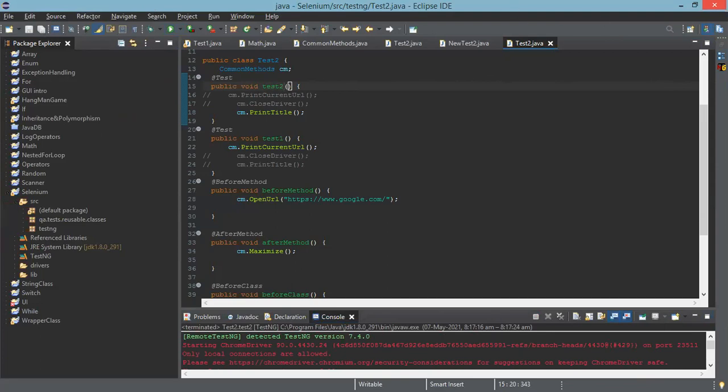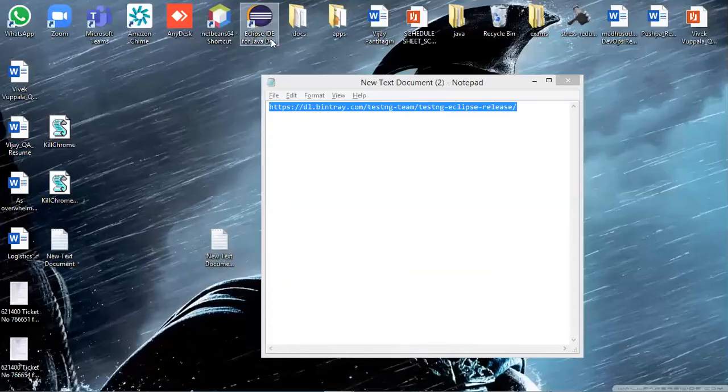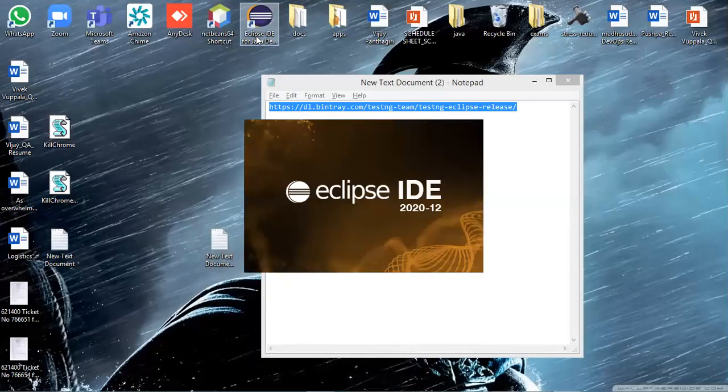Most of the time when changes are not saved, it will execute the previous class file. The only issue with Eclipse is that we don't know where the exact error is coming from.